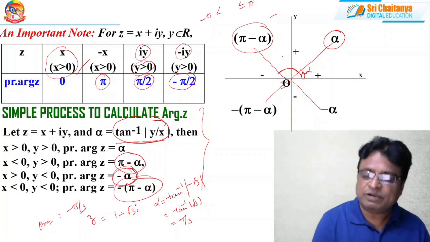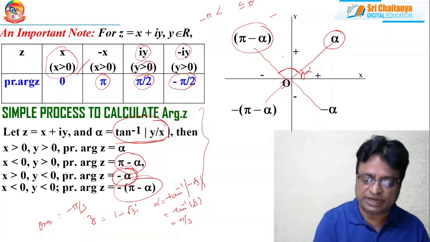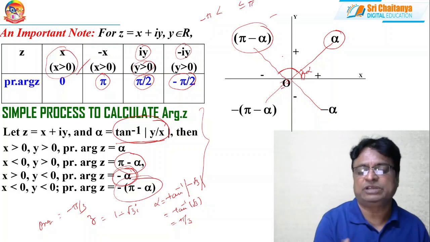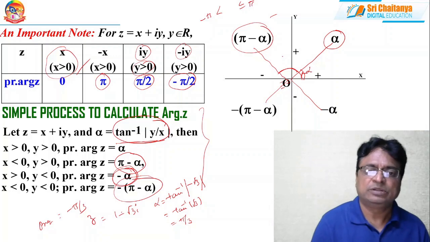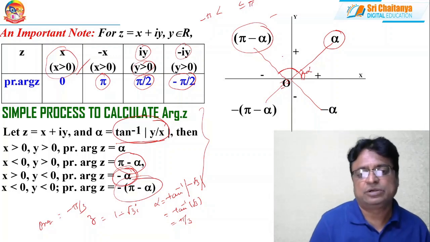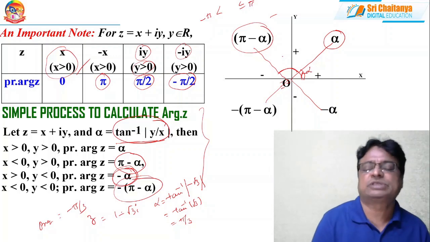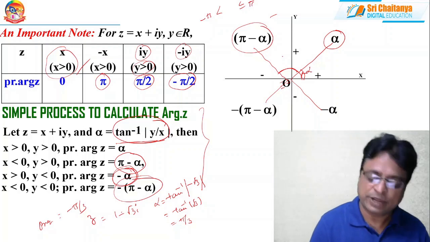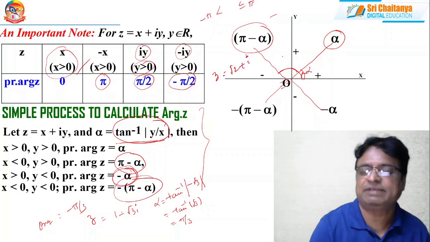But what is the original procedure? You have to write the simultaneous equations for cos theta and sin theta, and find the common solution for both equations. That common value of both equations is nothing but the principal argument, which lies between minus pi to pi. That is a tedious or lengthy process. To save time, this is the method to find the principal argument in an easy manner. Okay, suppose z is equal to 1 plus root 2 i. Suppose this is given for you.